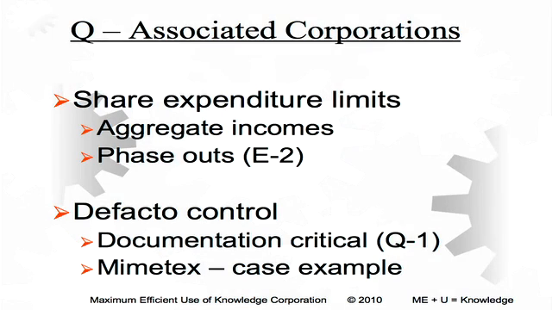Associated corporations are basically companies that are under common control. And what that means is they have to share various expenditure limits. In Section E, we talked about the phase out of the enhanced credits based on expenditures going over a certain